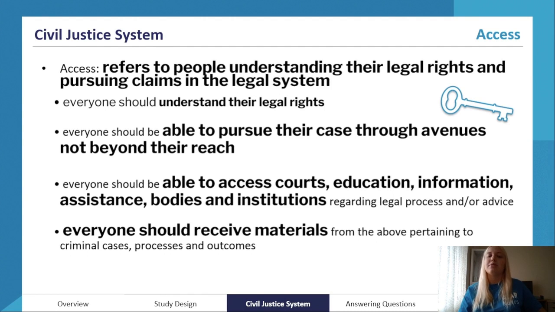So, some examples: everyone should understand their legal rights, everyone should be able to pursue their case through avenues not beyond their reach. And this not beyond their reach is referring to things like time constraints, even your geographical location. So if you live in a regional area and you're thinking, well, how can I pursue a claim? I can't take time off work, and I can't get into an area that has a court system there. It's too far away. As well as costs of initiating legal claims, and also the risk of potentially